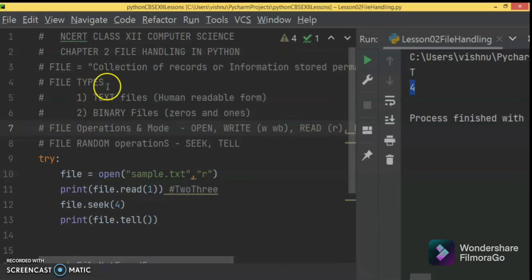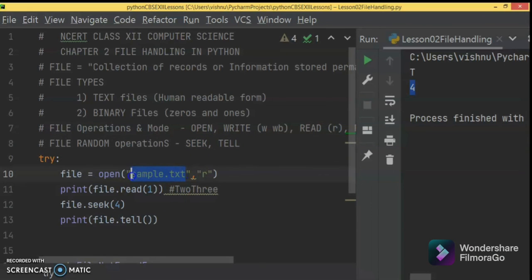Then all of this is sequential mode. If you want to operate on the file randomly, with direct access, you can use the seek and tell methods. Tell will tell you the file pointer position. Seek lets you move the file pointer to a desired location where content is stored in the file.